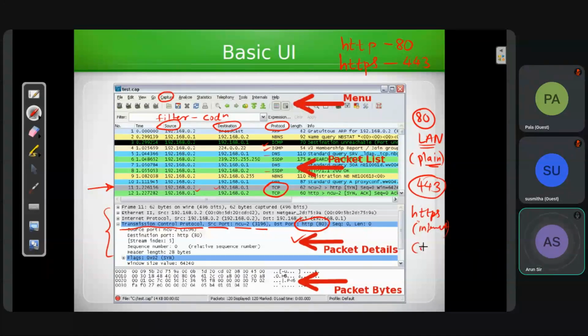Here we have encrypted data, the ciphertext. Ciphertext is called encrypted text. When we open this, you can see port number 80 is there, the index is there, and a header of 28 bytes. If you click on this blue header,